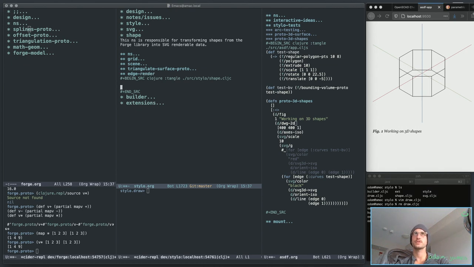Edge render. Let's start with that. Right, so the basic idea of this is, we'll put it in a comment because we have to start somewhere. For edge from curves of some shape, right? What you do